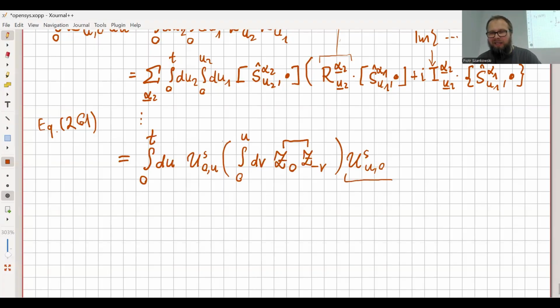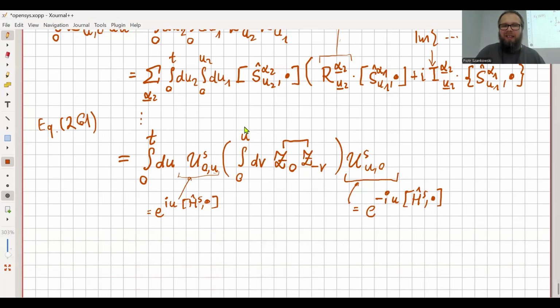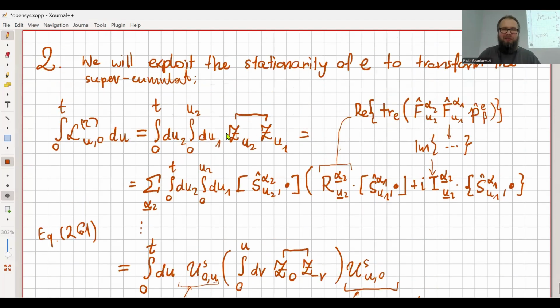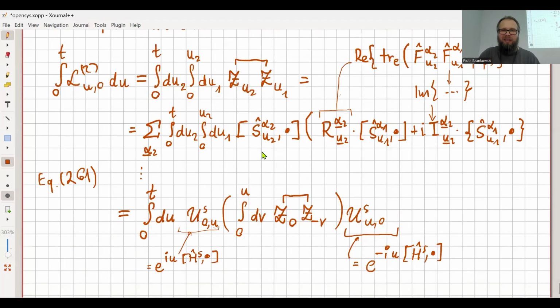And those guys, these are just unitary evolution. So this guy equals e to the minus i U H_S bullet. Okay. And this guy then is equal to e to the i U H_S bullet. So the point of all those things we did is to, rather than having the cumulant depending on both integration